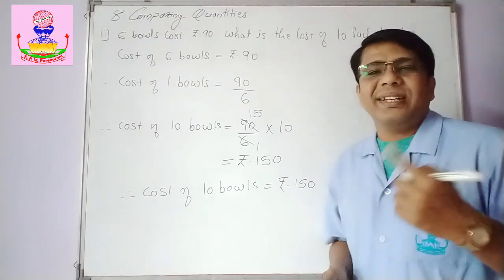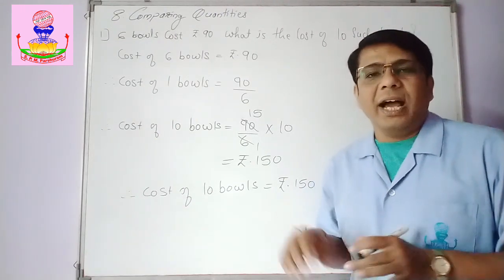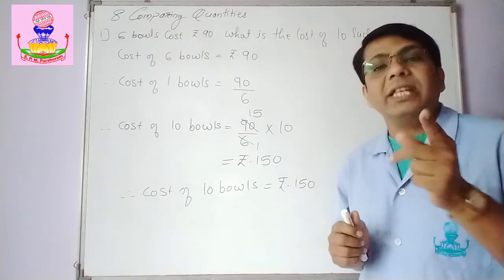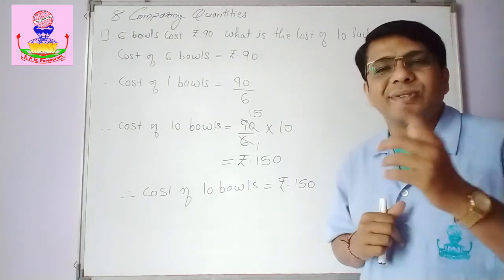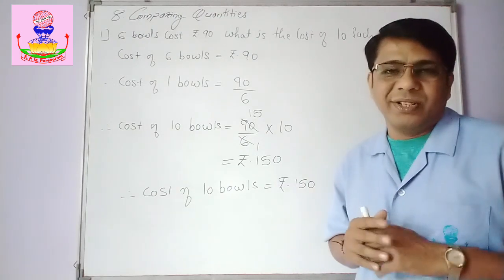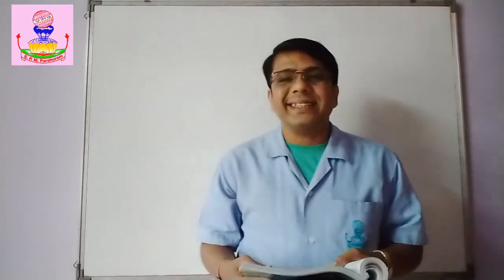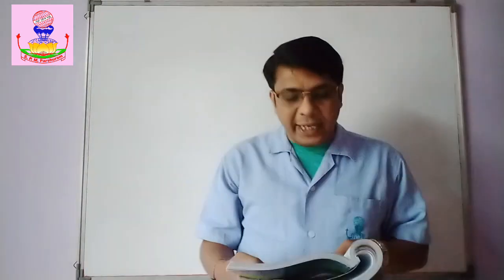So let's move to the exercise now. I hope you have understood the unitary method as well as the proportion method. Any one method can be utilized to solve the numerical examples. So let's move to exercise 8.1. Before coming to exercise 8.1, there is a think, discuss and write question. An ant can carry 50 times its weight. If a person can do the same, how much would you be able to carry? So this is a simple thing.